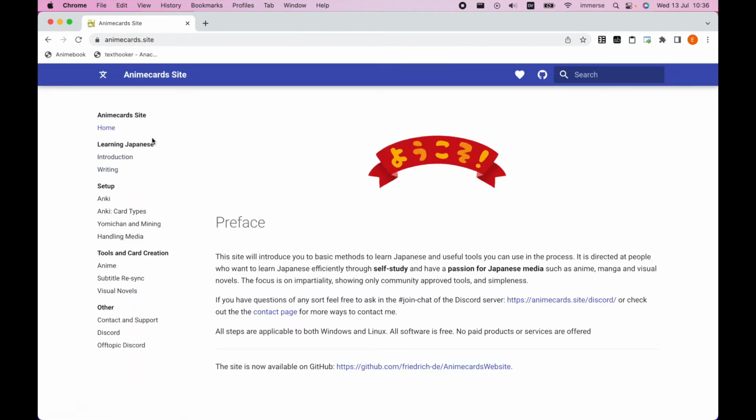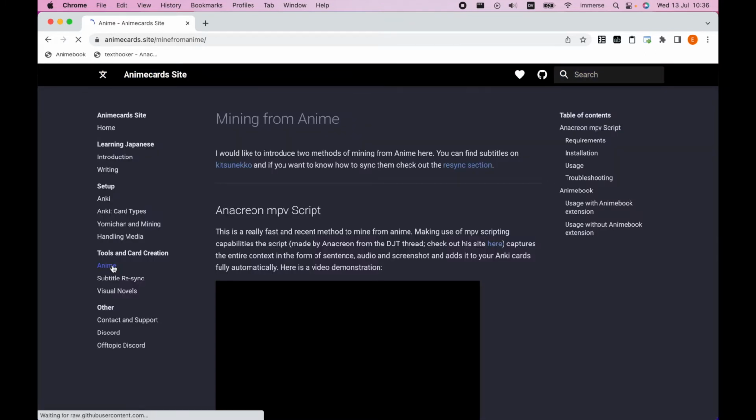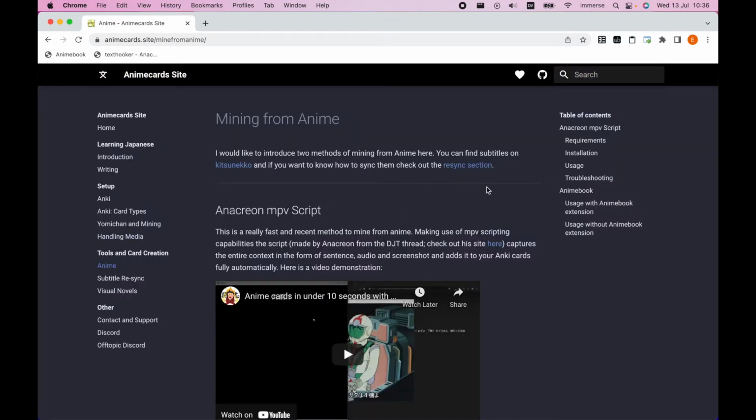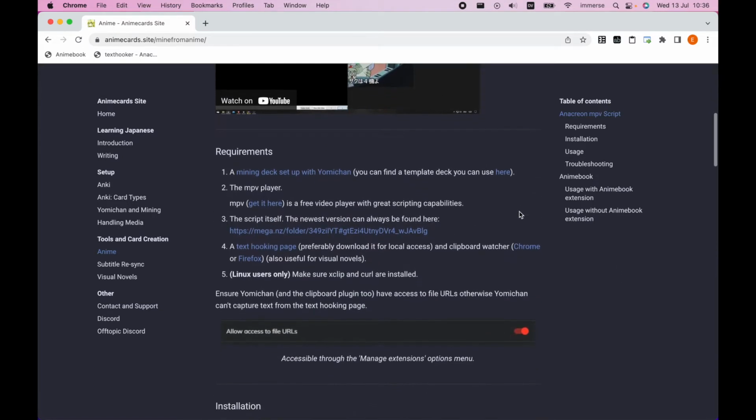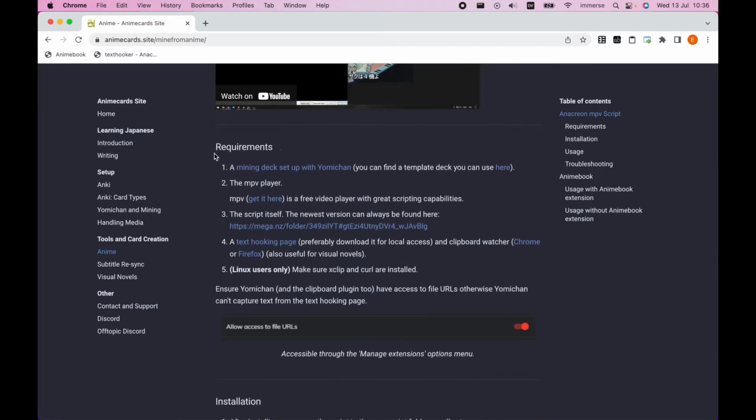Now in this sidebar here, come down to the section where it says Anime under Tools and Card Creation. And this is the section you want to read. But if you come down here to the bit where it says Requirements, this is the list of instructions that you need to follow to get yourself set up. And the first section is to find a template deck you can use with Anki. So hit the link